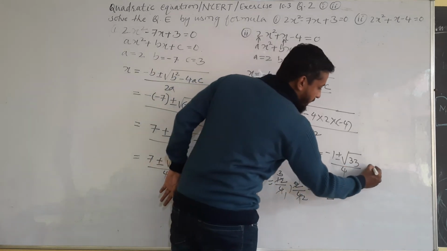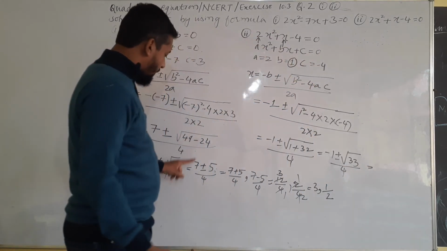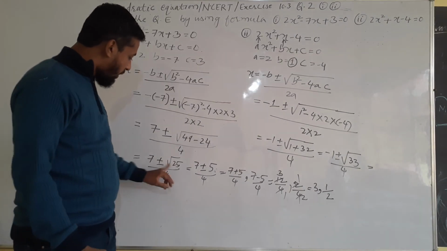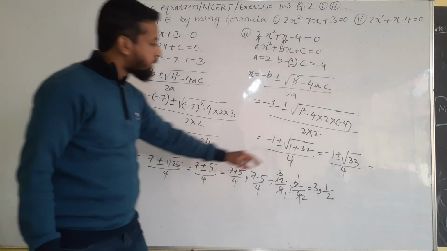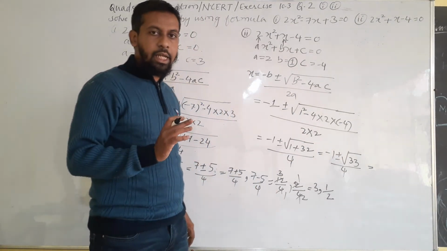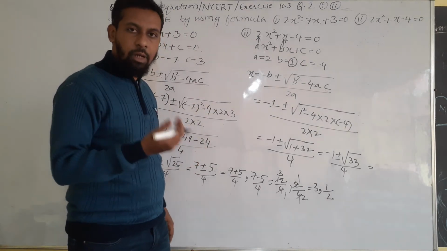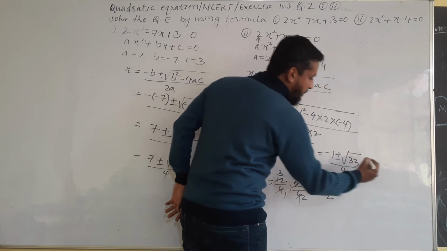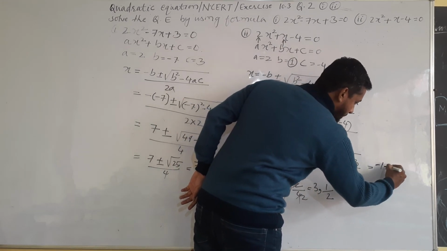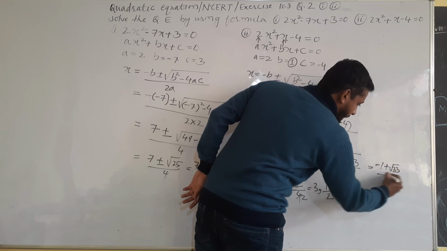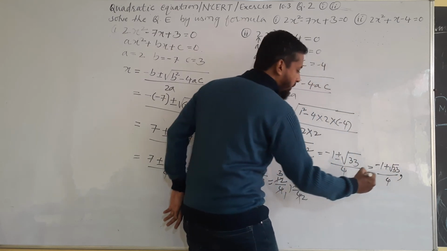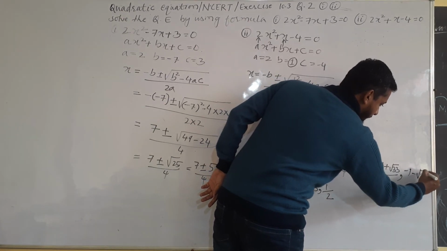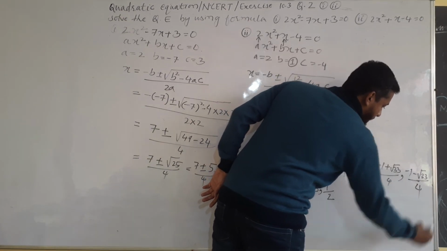Now which is equal to. Here we got a perfect square, so when you open it, it will be 5. This is not a perfect square. 33 is not a perfect square, so it will be as it is. Just you have to take one time plus, another time minus. Minus 1 plus root 33 divided by 4, comma, minus 1 minus under root 33 divided by 4. This is the answer.